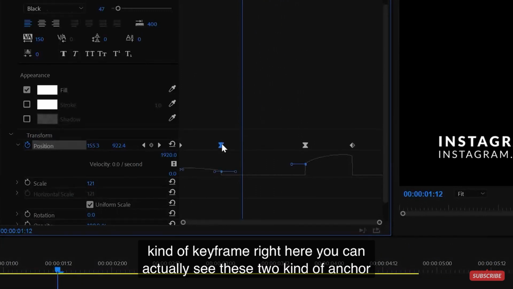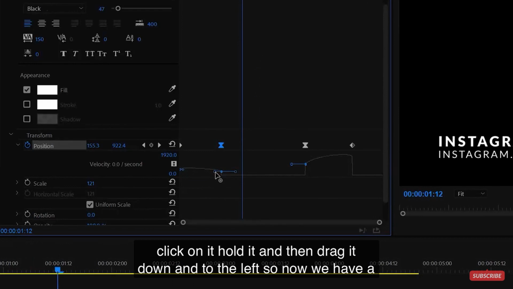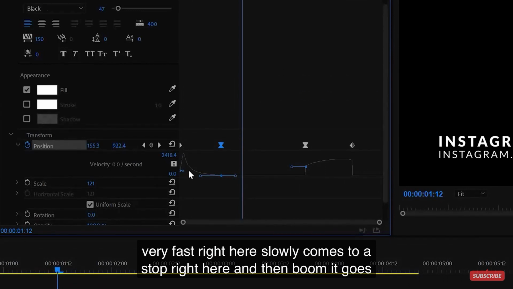If you click on this keyframe right here, you can see these two anchor points. You can select the first one right here, click on it, hold it, and then drag it down and to the left. So now we have a fast animation. This ramp is very readable. You can see it's very fast right here, slowly comes to a stop right here, and then boom, it goes